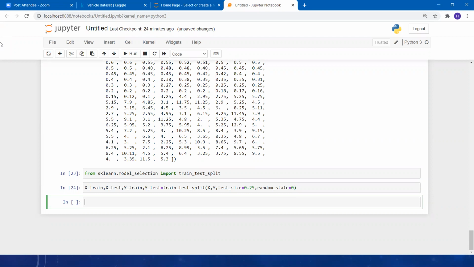Please write in the chat. No one knows? Random split, well. Repeat the question, sir. What will random state do? That's my question.